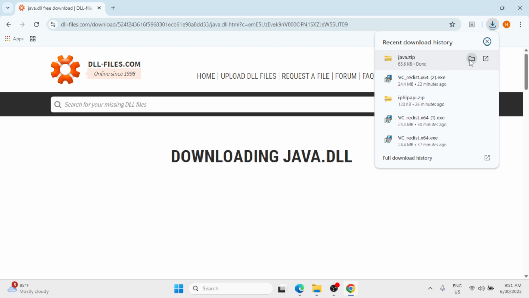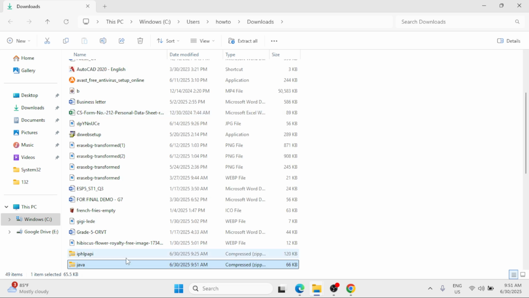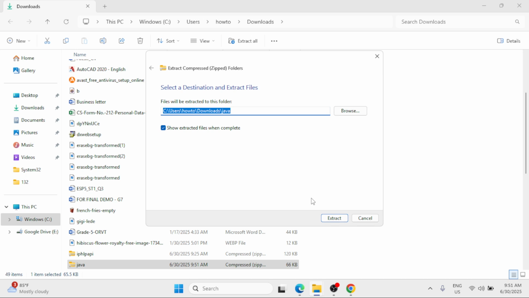Once downloaded, click on the folder icon and then right click and then select extract all. Click on extract.